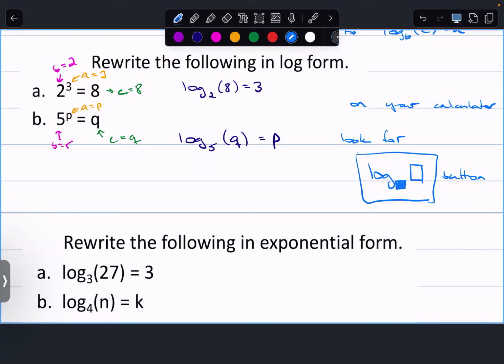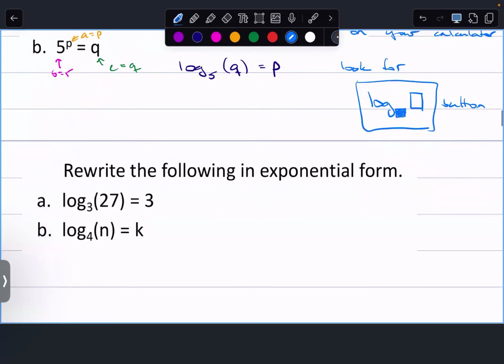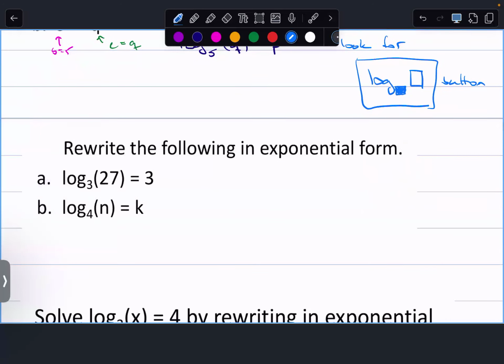A lot of calculators have just a log base 10 and a log base E button. For now, we're working with different bases, but those are kind of our go-to bases. We'll have to ask Allison what your go-to base is, but I feel like it's log base E. In a lot of sciences, it's log base E. But for now, we're working with any base.